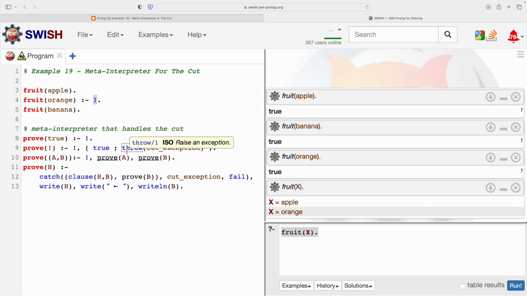But we also backtrack, and then we throw an exception called cut exception. That's the label. Remember in our previous example we said bad number, I think it was, or unlucky number. So this is cut exception, and that's caught. That's what catch is listening for. It catches it, and the handling of that is to fail, and that is to fail this entire clause. So it fails at the whole level of that line,